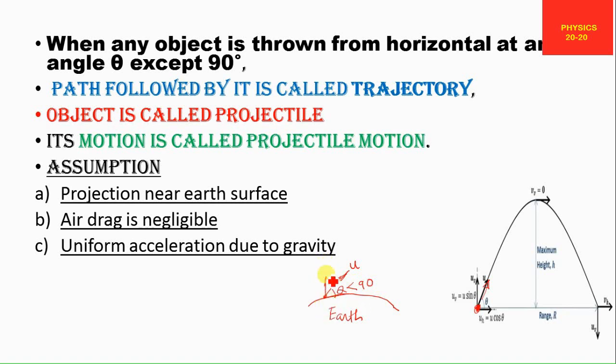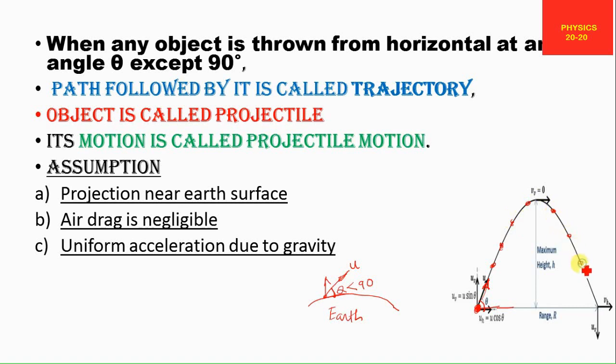If it is equal to 90 degrees, then the object will move in the upward direction and it will follow a vertical path. And if the angle of projection is less than 90 degrees, then the path will be like this. Here an object is projected at an angle of theta with respect to the horizontal,